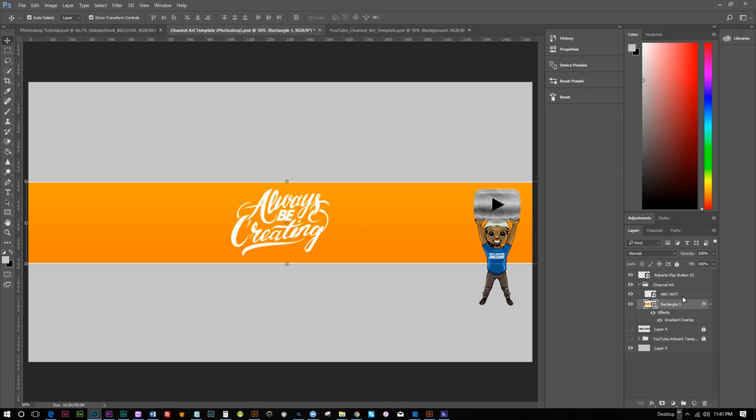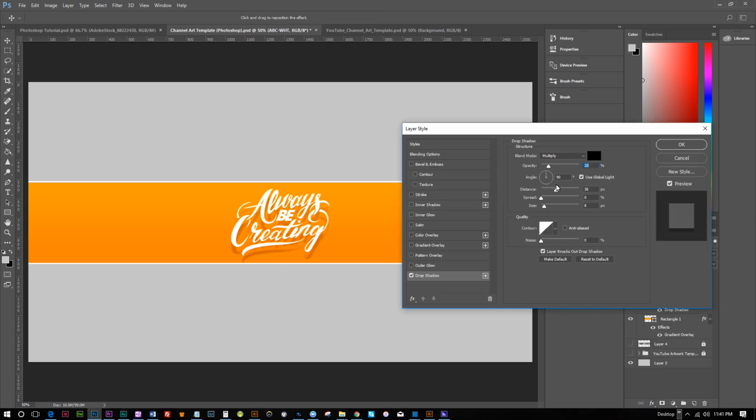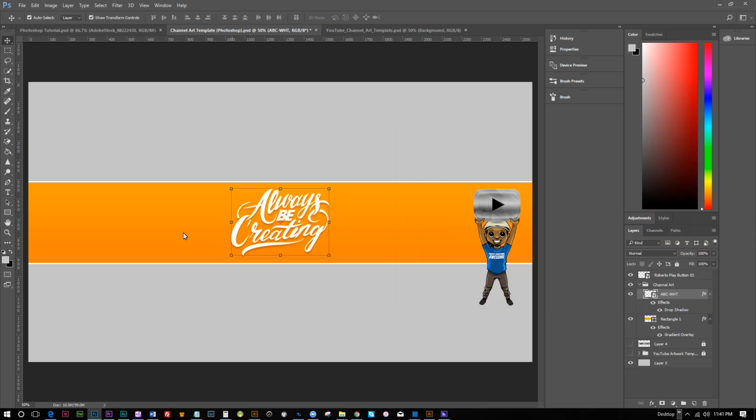And for the text, I think I want to add a little bit of a drop shadow, not a really heavy one. And I don't think I want it that far away from it. I want just enough to kind of stand off of it. So I'm just moving this instead of using the distance and doing that manually. I'm just clicking on this and dragging that. I don't think most of you realize you can do that with the drop shadow. So I can literally just eyeball this, and I'm pretty happy with that with the 20% there,